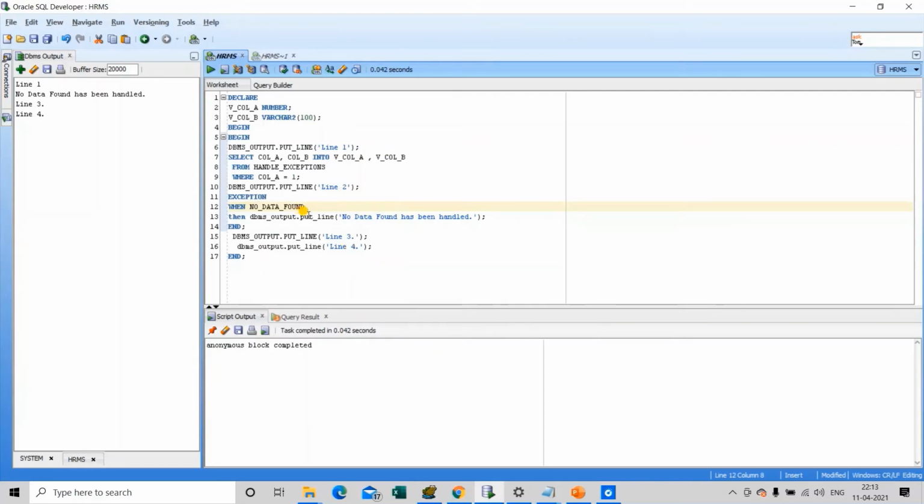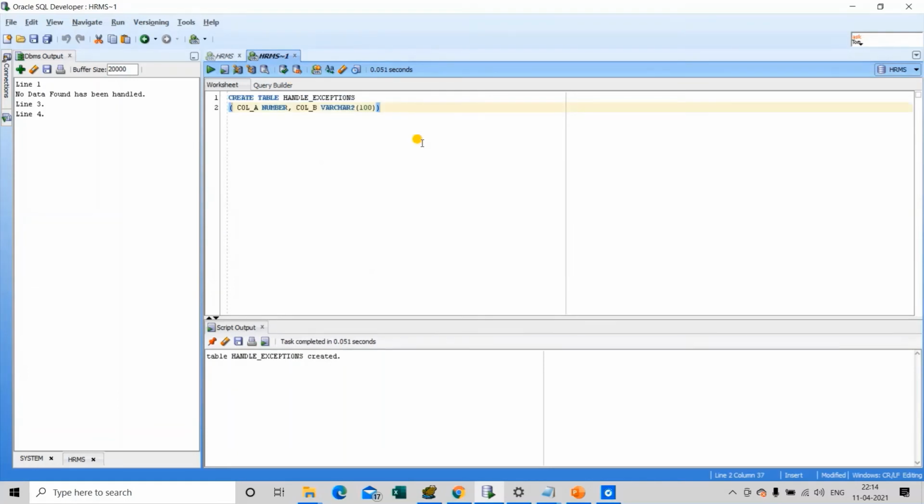And let's have a look at another exception type, that is too many rows. Too many rows is an exception raised by the PL/SQL program in case an implicit cursor returns more than one record. To create a scenario for this, we will insert two records in our handled exceptions table.